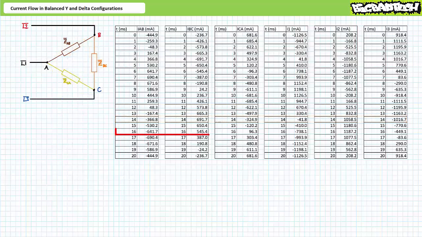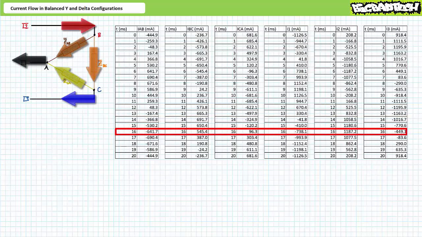node C. At t equals 16 milliseconds, 641.7 milliamperes of current travels B to A, 545.4 milliamperes of current travels B to C, and 96.3 milliamperes of current travels C to A. 738.1 milliamperes of current leaves node A, 1,187.2 milliamperes of current enters node B, and 449.1 milliamperes of current leaves